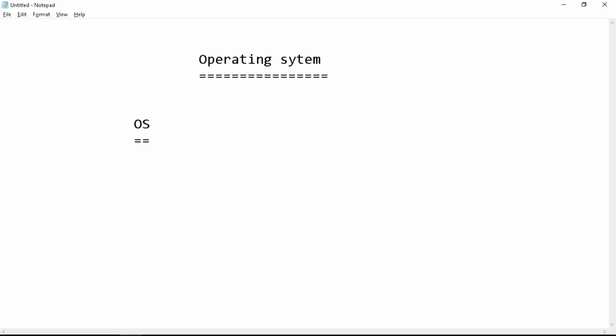Interface between the user and the system. The collection of running programs. Right. So it's basically like, let us say, I want to store data in my